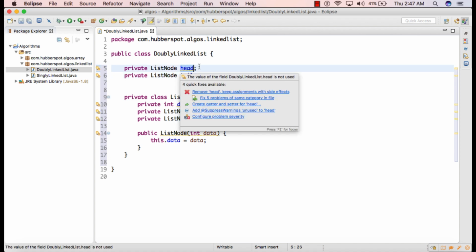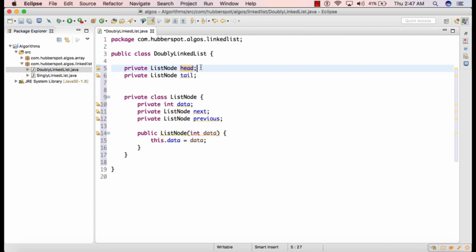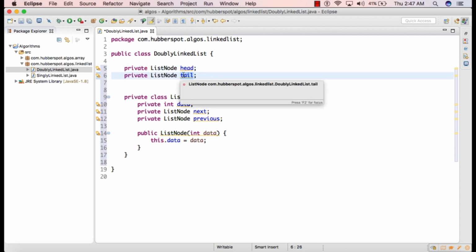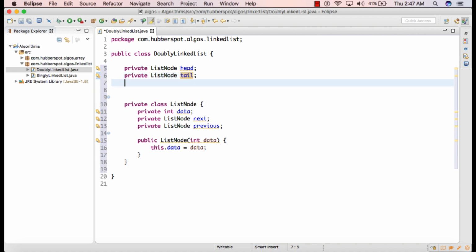Basically the head will hold the first node of the doubly linked list and the tail will hold the last node of the doubly linked list. Here we also create an integer variable by name length. This integer variable will hold the length of doubly linked list. It will just return the count of number of nodes in the doubly linked list.